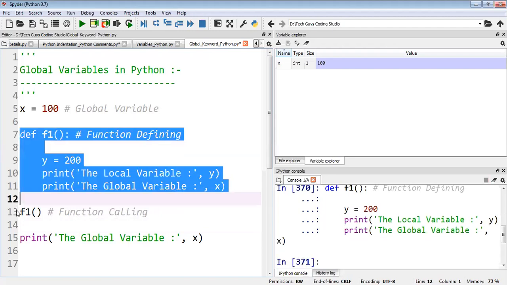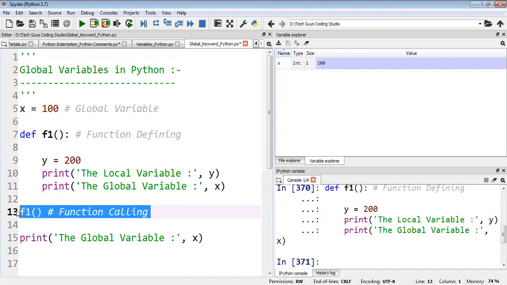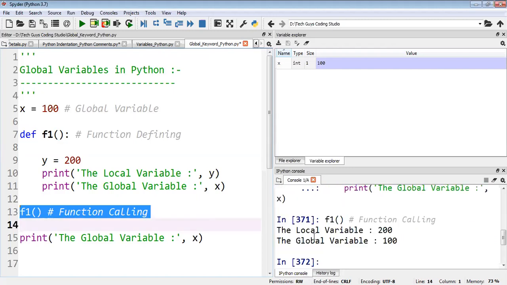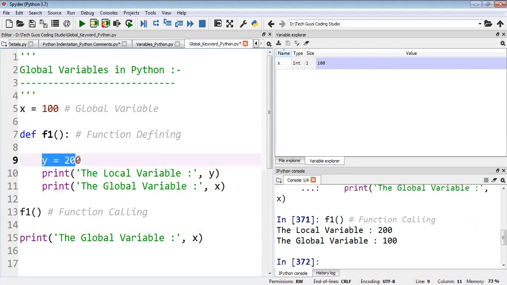As soon as I call the function, it will execute whatever logic and content I have written in the function. Here you can see the local variable y is 200, and here also the local variable y is 200. That means the local variable we can access within the function only.